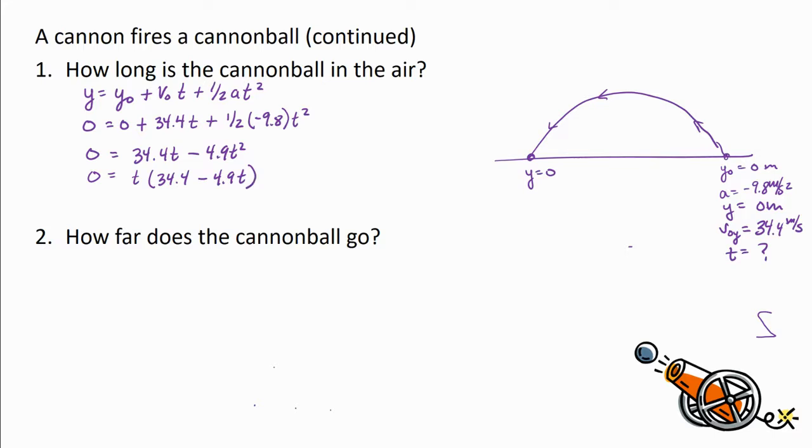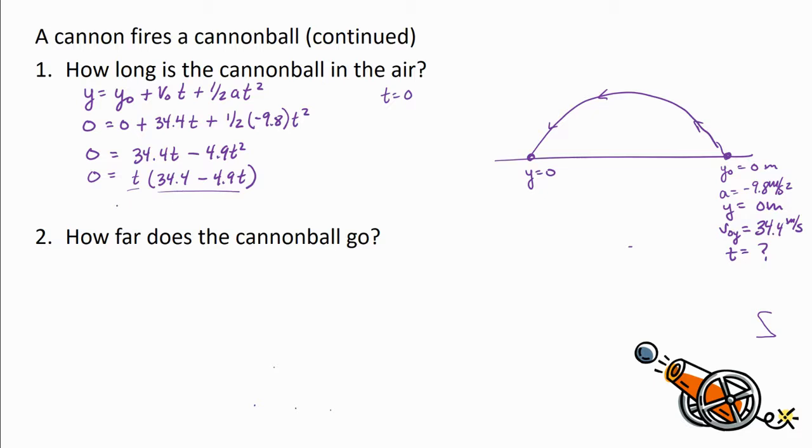And the reason this is nice is that, remember, in this equation the product would be equal to 0 when t is equal to 0, or when that other factor is equal to 0, right? So one of those two terms needs to be equal to 0. So this tells me that it's on the ground when t equals 0. Well, that's obvious because that's when I threw it. So of course it was on the ground. So this occurs when t equals 0,